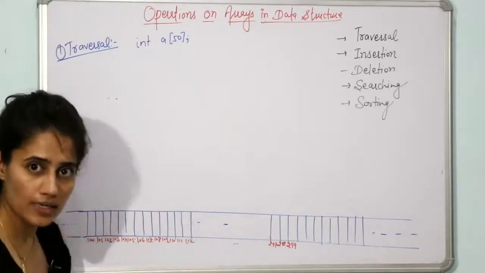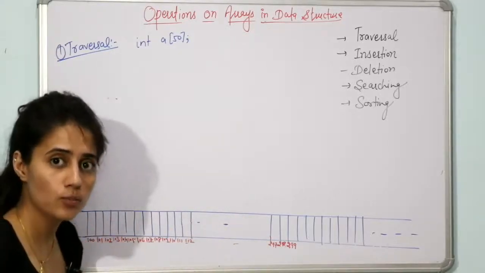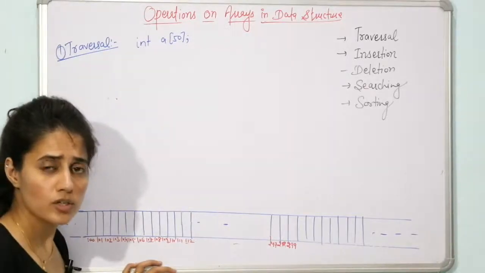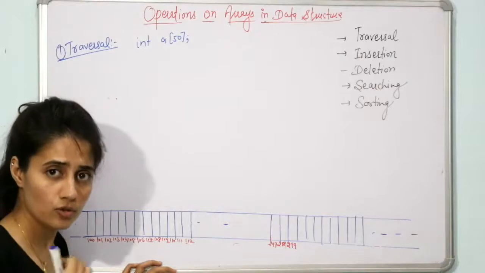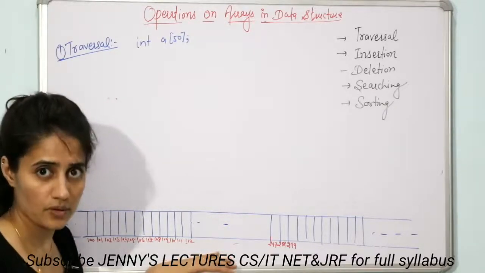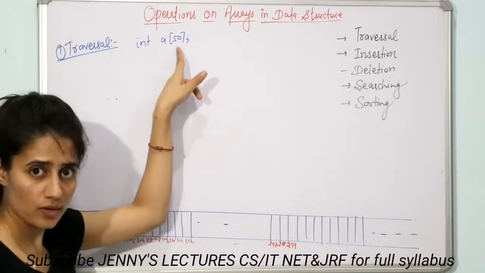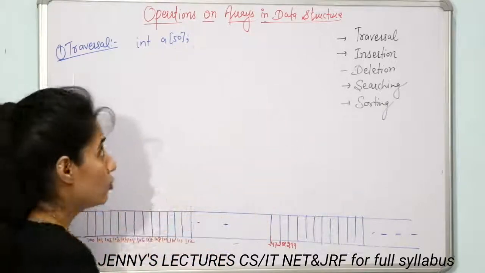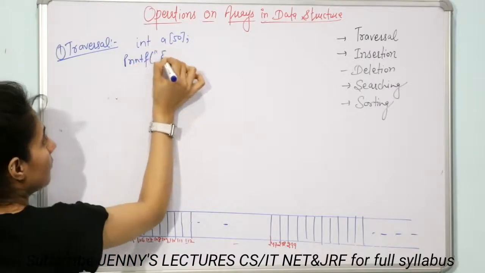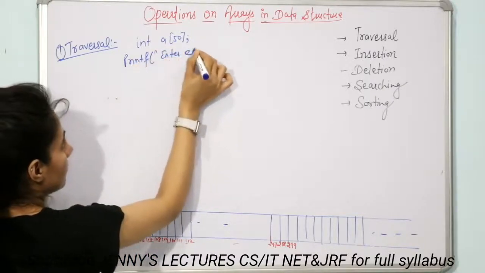But here we don't have any data now. We are going to take the input from the user. Now next thing is you can ask from the user how many data the user wants to insert in this array. What is the actual size of the array? This is the maximum size. Fine. This is the maximum limit. So see, you can ask from the user printf enter size of array.